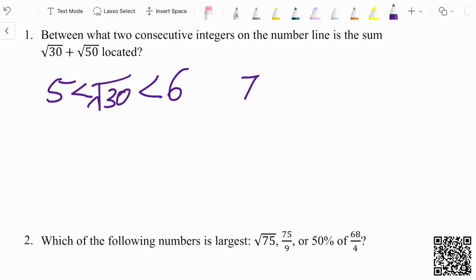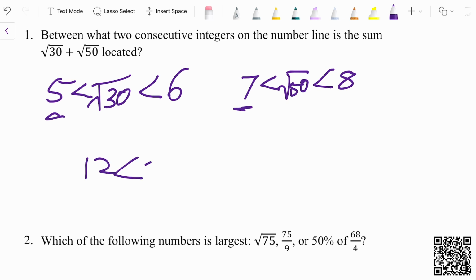It's greater than 7, because 49, it's very close though. It's greater than 7, but less than 8, because 64. So we can see here that our small numbers add up to 12, right? And then our middle numbers here,